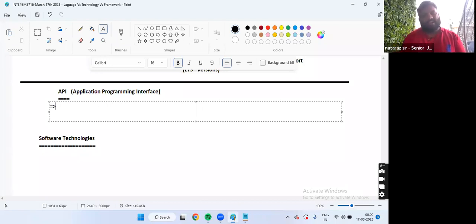Why? In C language also API is there, C++ also API is there, where there are no interfaces in programming, right? So always use the English meaning of the word interface in API. Interface means base, foundation, that kind of meaning you have to apply.